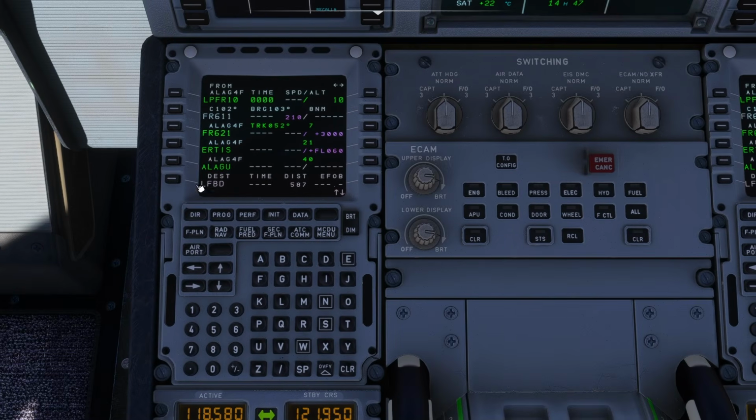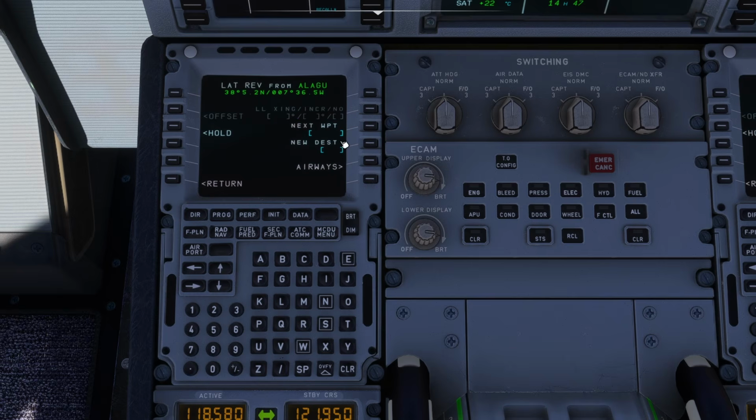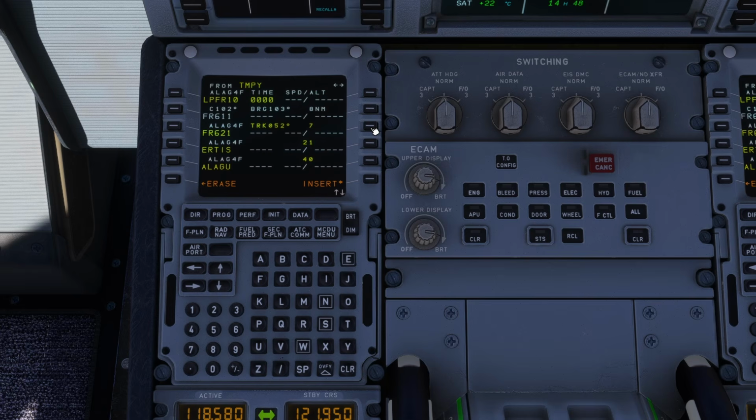And then we're gonna simply select the last waypoint from our SID, which is this one. Gonna press it. And then I'm gonna set the next waypoint, and that's gonna be easily done by simply pressing the letters. So let's make sure that we type it correctly, and then use this button, which is number 3,